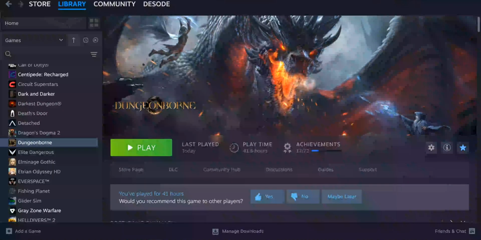And when you start up DungeonBorne, you'll still have to use the mouse for menus and things of that nature, but when you go into a dungeon, you will have built-in full controller support of the game so that you can attack, move, use your special abilities, and all of that with your controller. So I hope this helps a lot of you guys that didn't know that DungeonBorne had full controller support, and